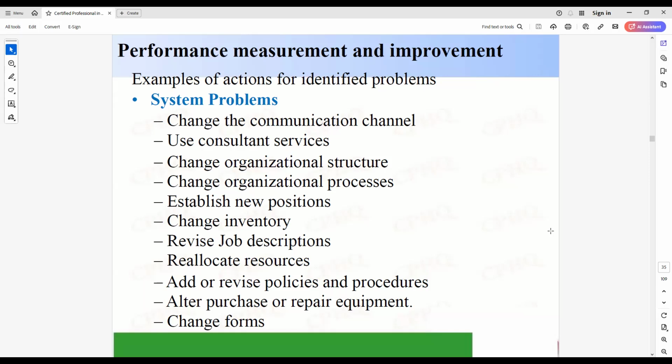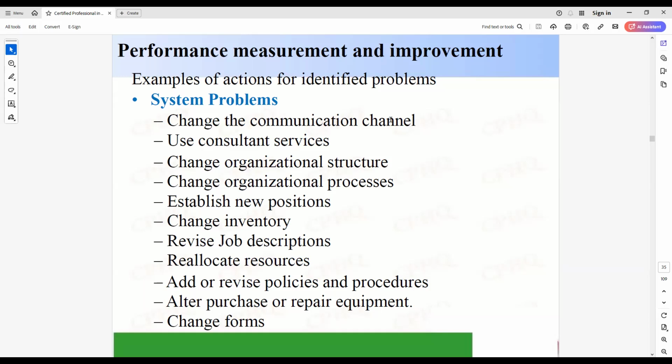Non-availability of resources: resources and availability, staffing shortages, protocols or policies, lack of availability of equipment, privileges not being available. Yes. And then the knowledge will be anything that has to do with the staff not being aware or not being knowledgeable about things. So when you have a system problem, here they're giving you examples of actions that can